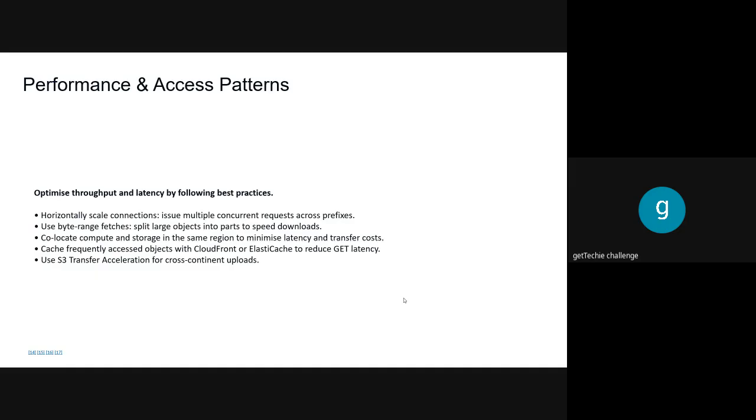Then co-locate compute and storage in the same region to minimize latency and transfer costs. For example, that application I just told you about, the portal we are using currently, we have both the server running the portal and the S3 bucket it is connected to in the same region, so the latency is not there.